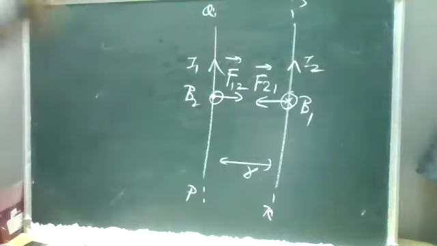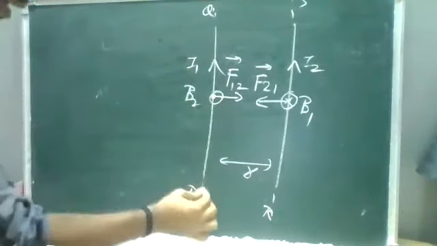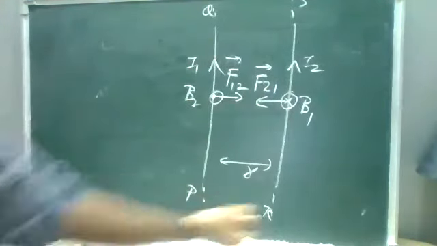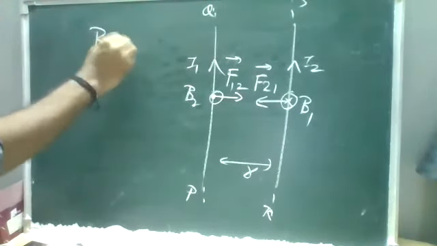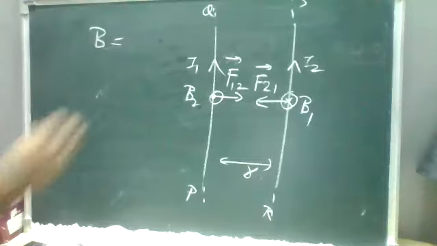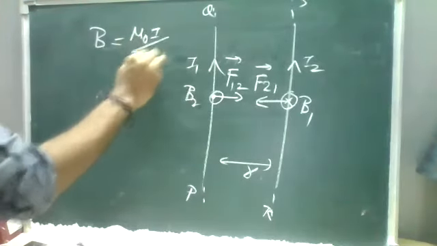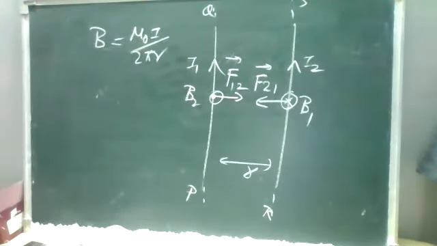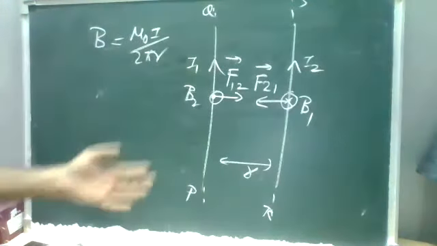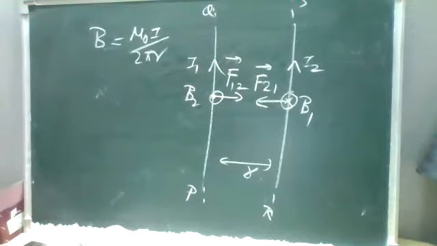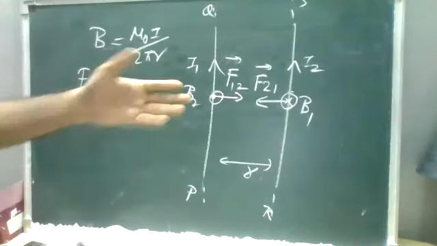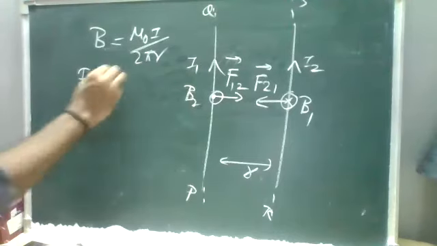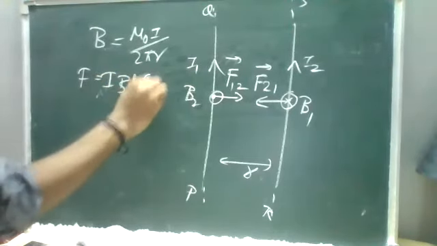Now we'll take the formulas. For the magnetic field B1, the current carrying conductor and the magnetic field are always perpendicular and parallel in the sense of the field encircling the wire. The formula is B equals mu naught I by 2 pi r. Remember this relation. And the force equation is F equals I dl sin theta, for a conductor placed inside a magnetic field.